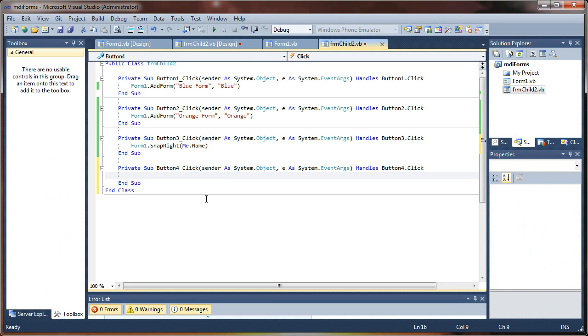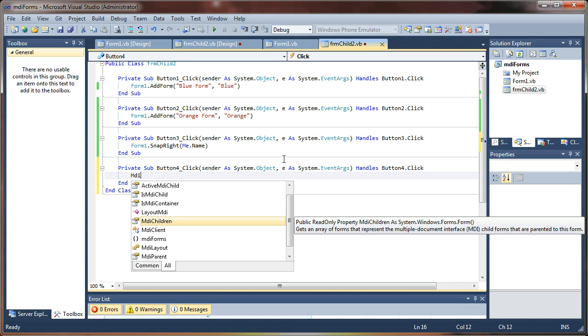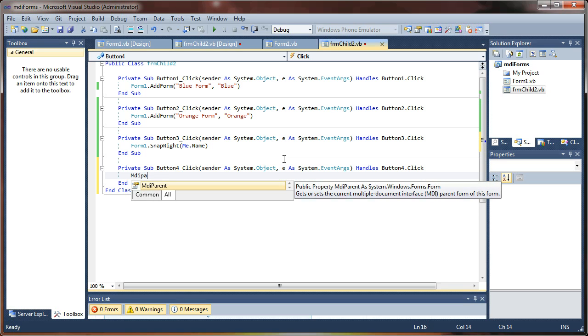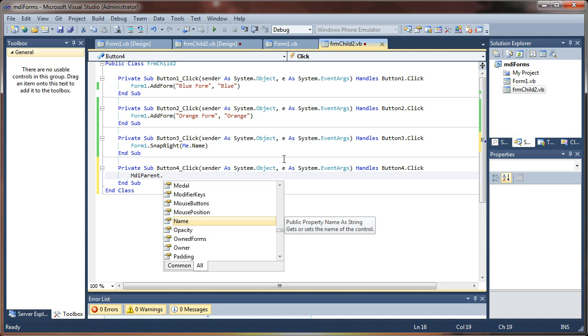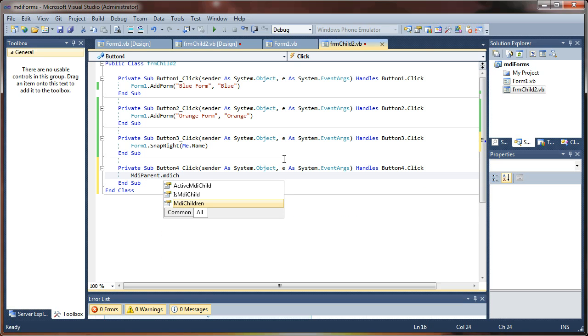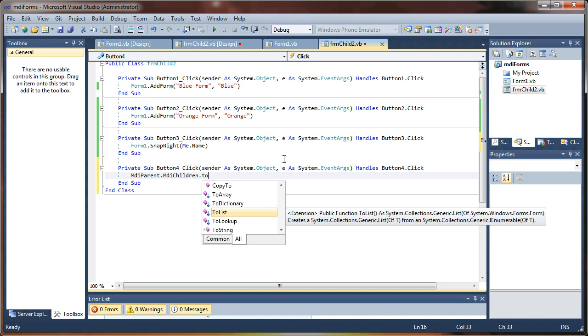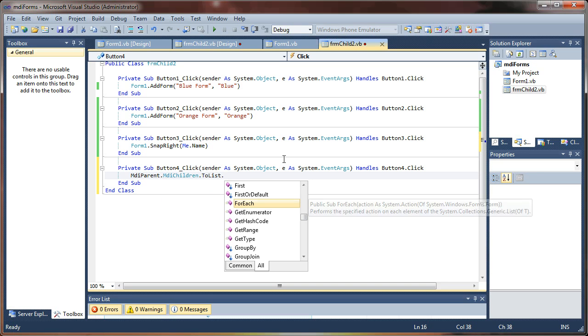We could come here and we could say, instead of calling back to form 1, we could say whatever the MDI parent of the form is, find that parent's children, grab the to list so we can do our lambda for each